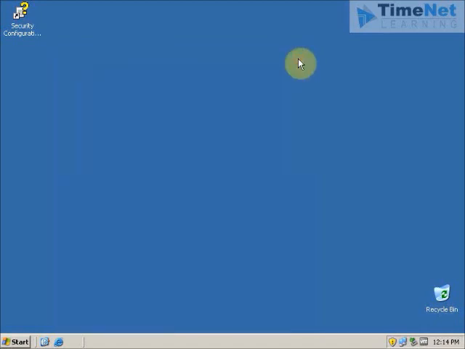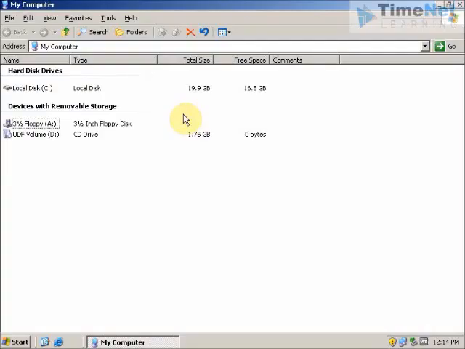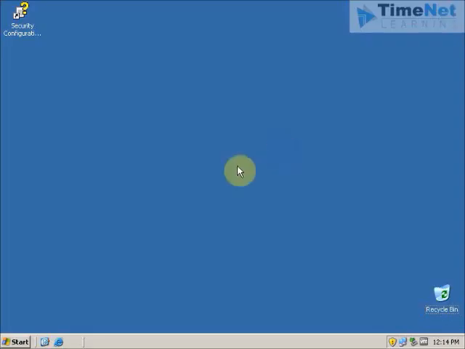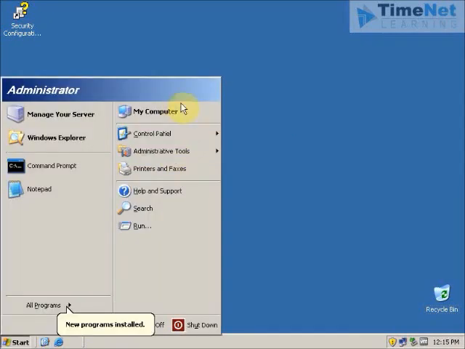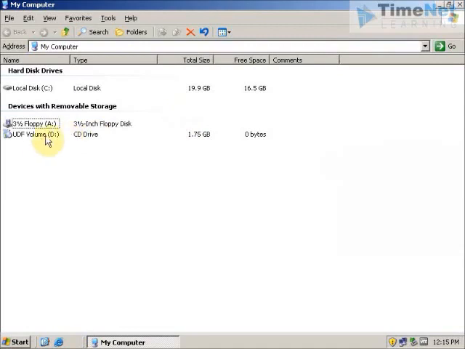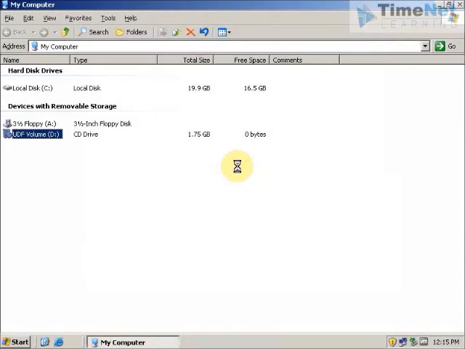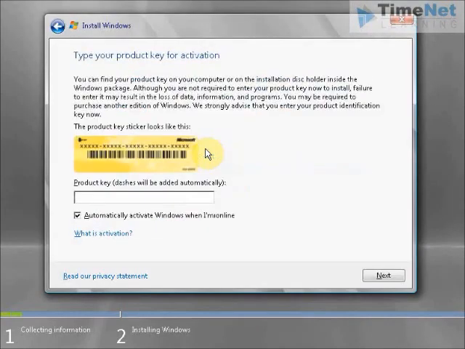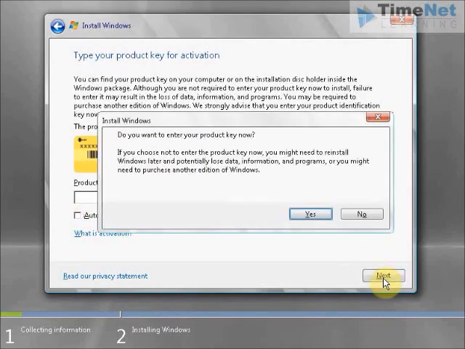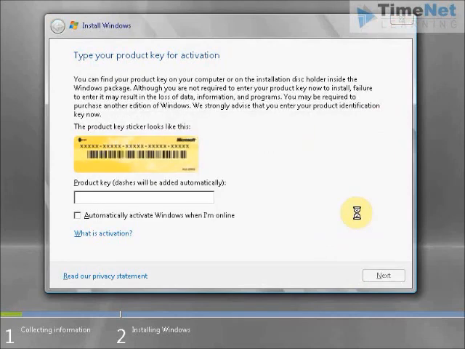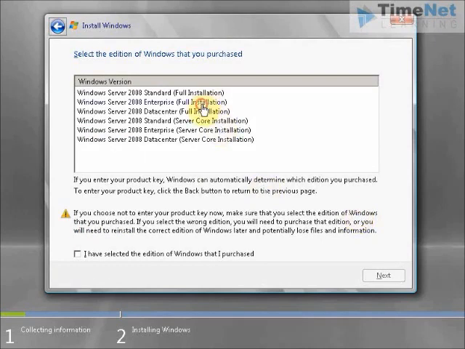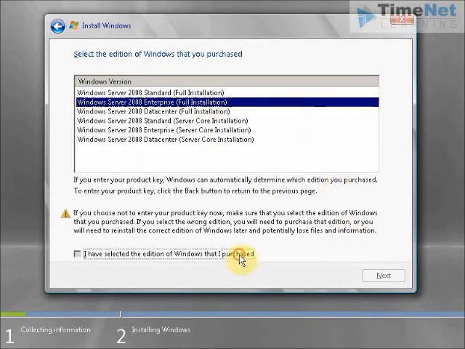So I have the CD with me. I have put the CD into the CD drive. But before starting the installation, I have to do the preparation of my Active Directory for this upgrade. So before that, we can just try starting the installation from the CD. I click on install now. I will not install the latest updates. I will uncheck the automatic activation and click on next. I click on do you want to enter the product key now. I will click on no. I will select the Enterprise Edition, click on next,